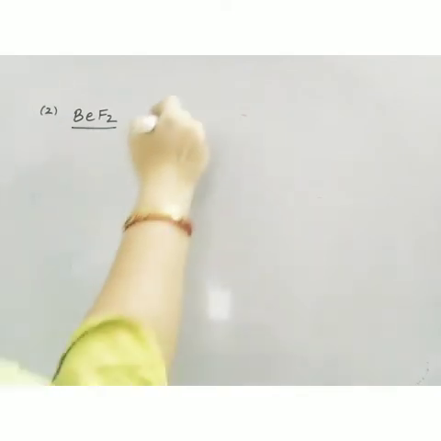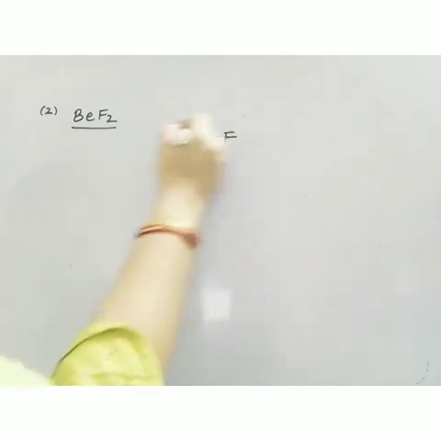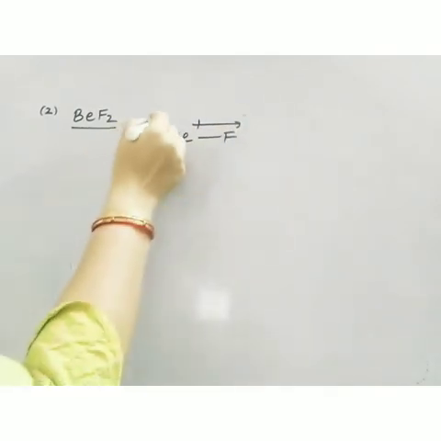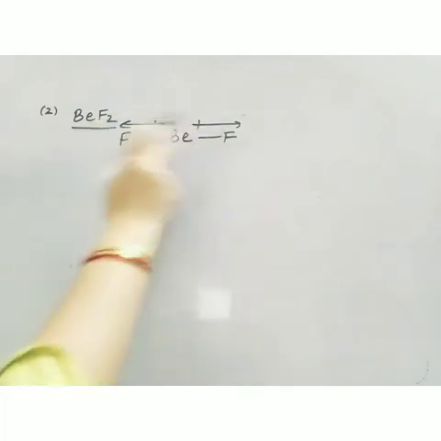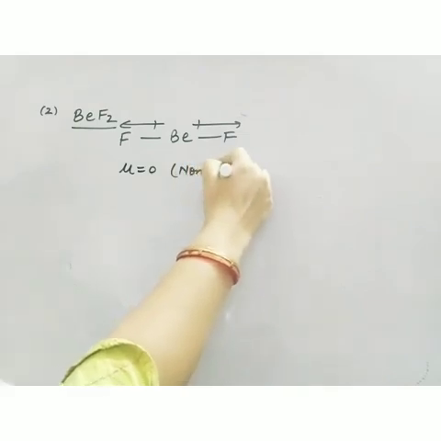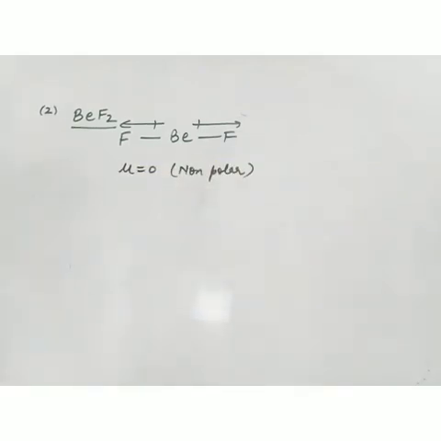What is the shape of BeF2? For this you have to again revise that VSEPR theory for learning the shapes of molecules. So again two vectors will be there because fluorine is more electronegative, like this. So two vectors are in opposite direction, so resultant is 0. It means BeF2 is also a non-polar molecule. BF3. This example also we have learnt in that same theory. BF3 is having trigonal planar shape.